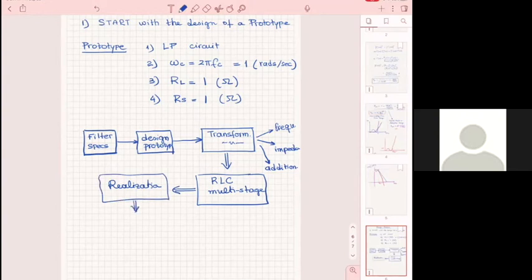And then in the realization you have to consider all kinds of different things, as we've seen. The passives. How many parasitics do I have? Do I have parasitics in my passives? If, for example, I want to realize all of my inductors, instead of sections of lines, with a spiral inductor, and my capacitors with MIM capacitors, and my resistors with MIM resistors, then what are my passives? Because if I forget about the passives, then I design something that is going to have